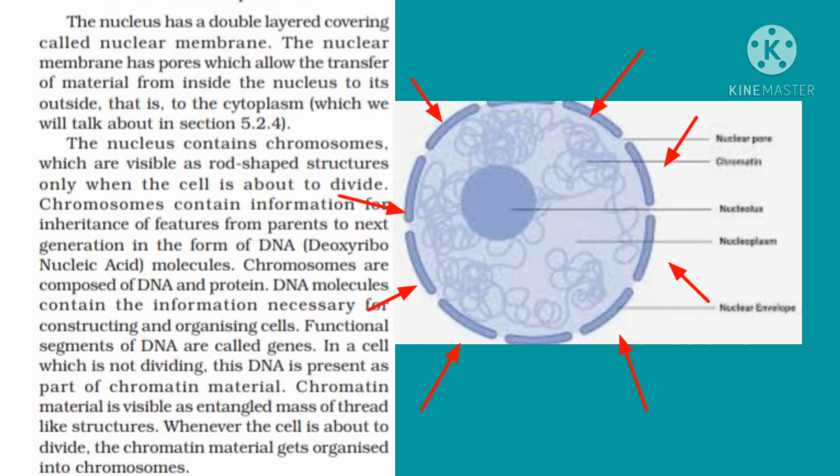The nucleus is covered by a double layered membrane called nuclear membrane. There are a number of holes, that is pores, on this nuclear membrane, which help to transport nucleic acids like DNA, RNA molecules which are present in the cytoplasm. Cytoplasm is the region of the cell which is surrounded by nucleus. This DNA, RNA, and the protein molecules which are present in the cytoplasm enter into the nucleus through these pores of the nuclear membrane.